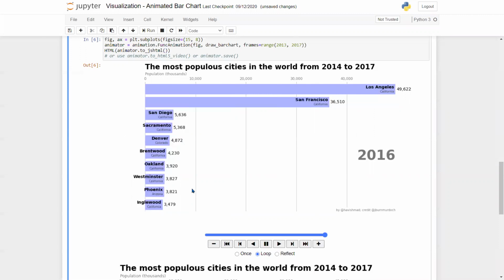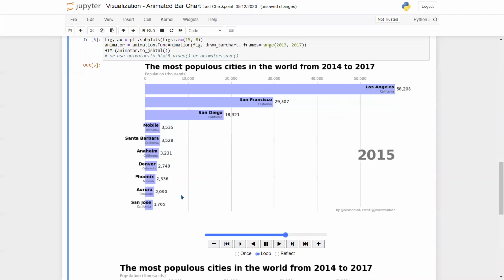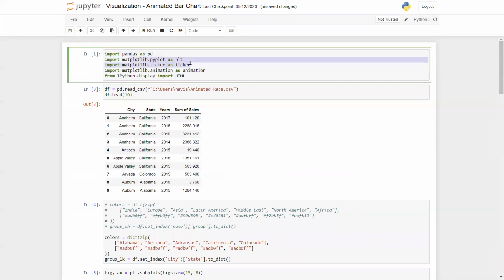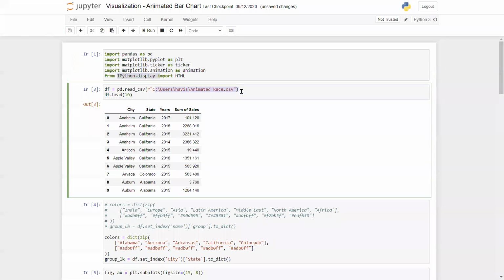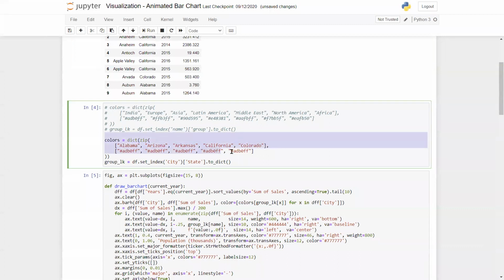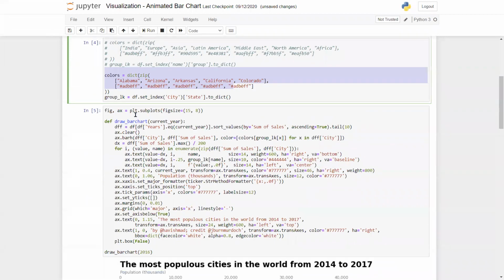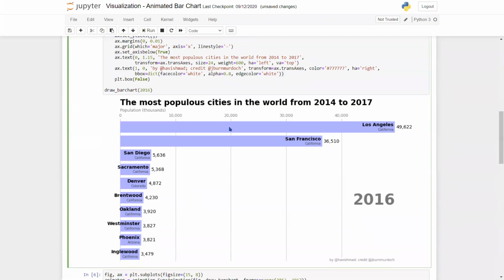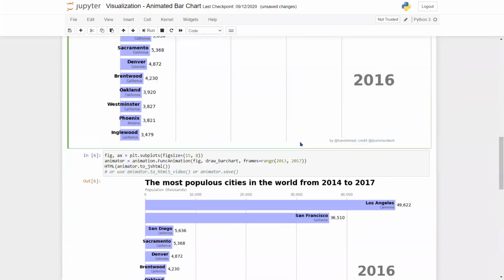Python is not the only thing that can do it. There are other online tools that can do it as well. But basically, this is the idea. What have we done? We are working with Pandas, Matplotlib, which is the visualization library, and IPython to display the animated bar chart. This is my data set. You can give any data set that you want. Here I've defined which colors have to be given to the data set. And then I have basically defined the size of my chart. And then I've defined the axis and the label size and what's on X, what's on Y, what is the title, things like that. Right?